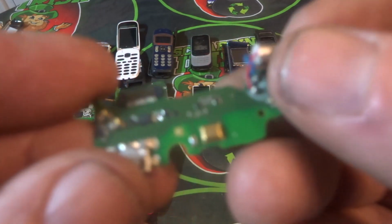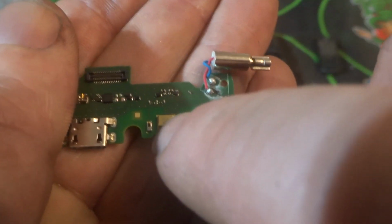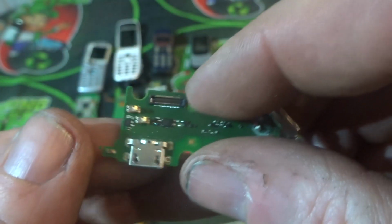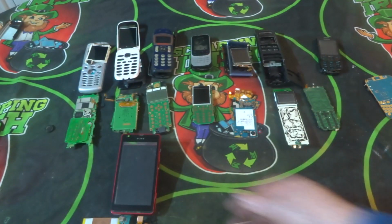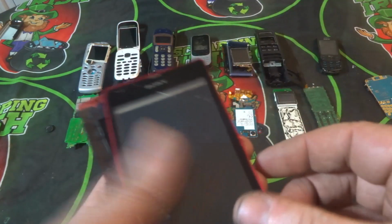So again, all I'm looking at here is we have a little bit of gold there on a crystal ceramic oscillator, and again we have our gold flashing along here. So that was just a generic brand, nothing to it. Then we had a Sony brand. So again, this was a Sony touch screen